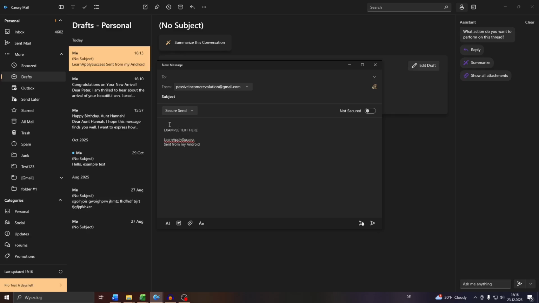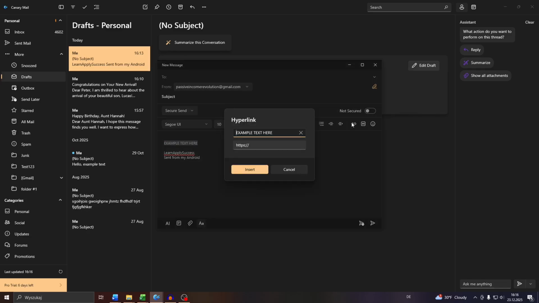So what you want to do is enable these text customization options here at the bottom by clicking into this button, and after that highlight your text and use the hyperlink button here to the right. After that you will see the highlighted text automatically added to that field, but you can of course customize that,